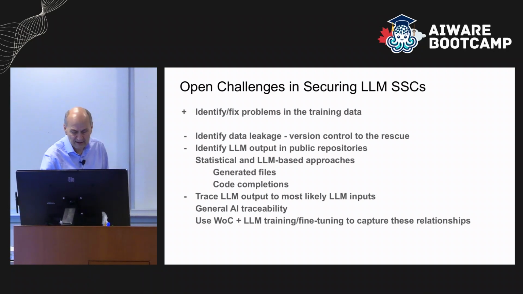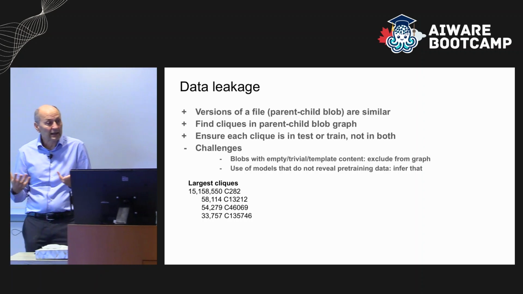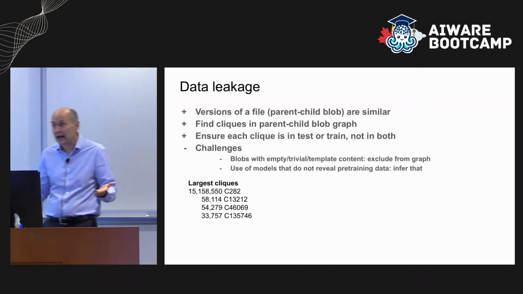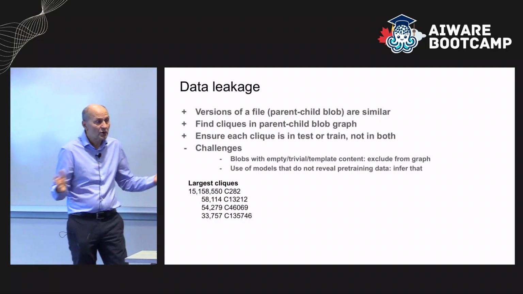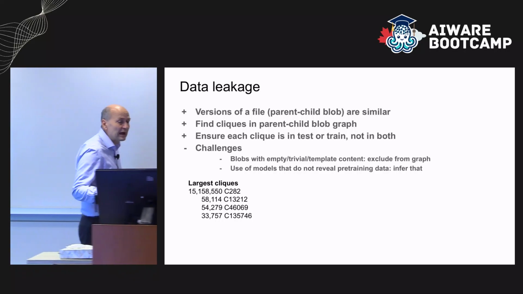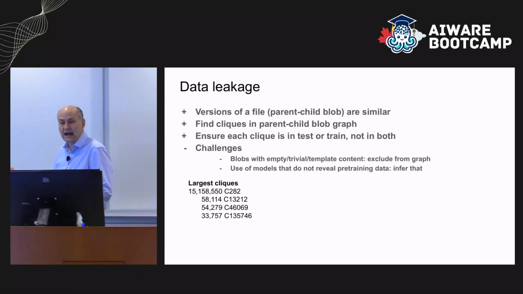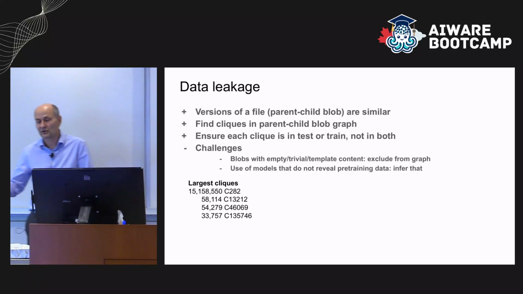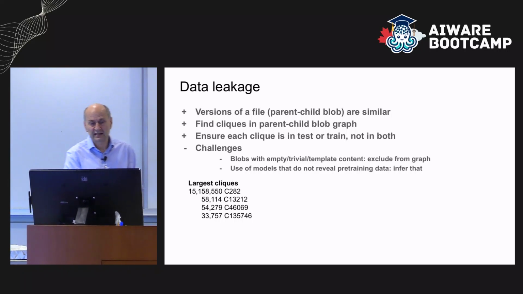So let's cover some of those very briefly before I open for questions. So, the idea of data leakage. Again, versions of the code could be very similar. It could have a 1,000-line file where one token is changed, so you have a new version, a new blob. So of course, people do deduplication. You don't want 1,000 versions of the same Linux include file with only one character changed, because that would overwhelm the model with the high frequency of the patterns seen in that file.